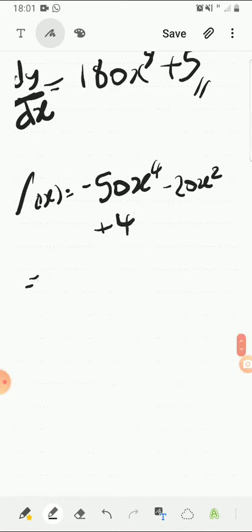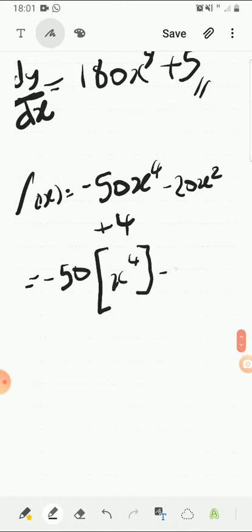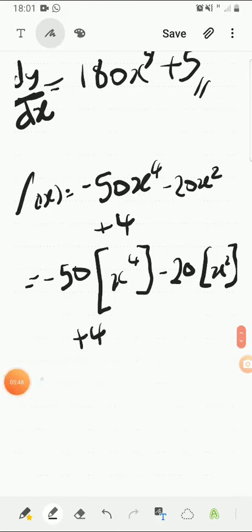So like we did the other time, we'll move minus 50 outside, working with just x raised to the power of 4. Then moving 20, working with x raised to the power of 2 in brackets plus 4. Alright, so within the brackets, x raised to the power of 4,